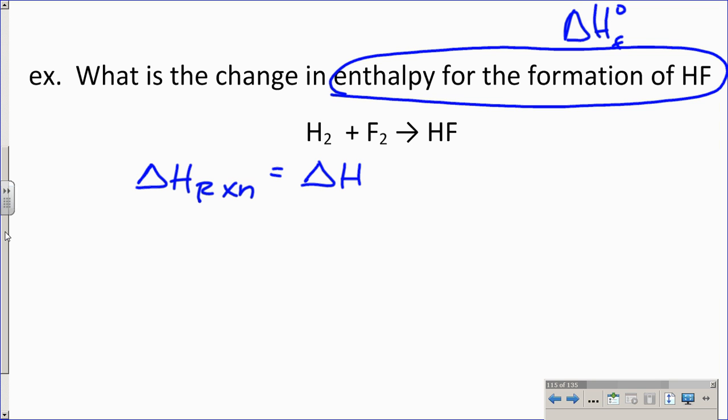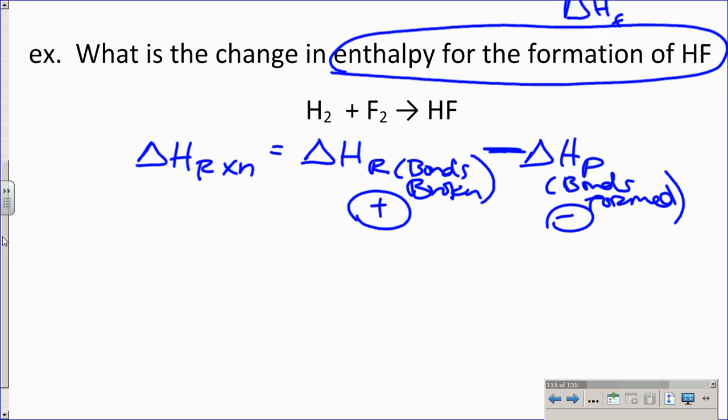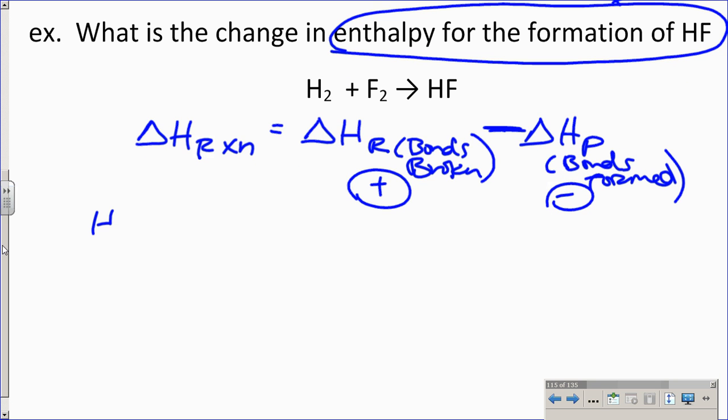You have to do what minus what? Yeah, it's actually reactants, which are bonds broken, minus delta H of products, which is bonds formed. Okay, so that's the difference when you know your bonds, because bonds broken is always a positive value, and bonds formed is always a negative value, which is why we have this negative sign between the two. So bonds broken would be, you have to draw these out to see the images. Okay, so H bonded to H plus F bonded to F